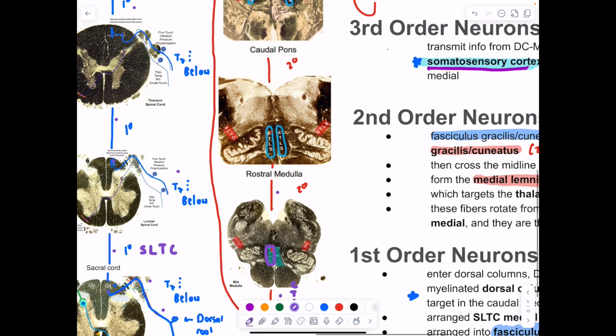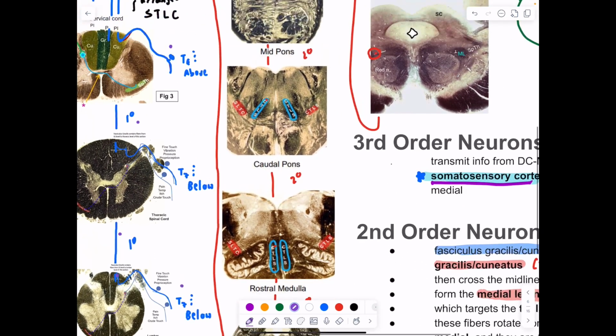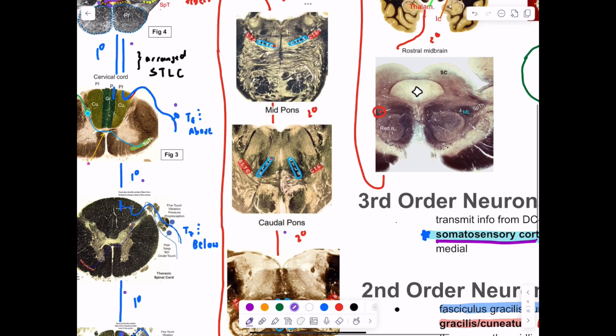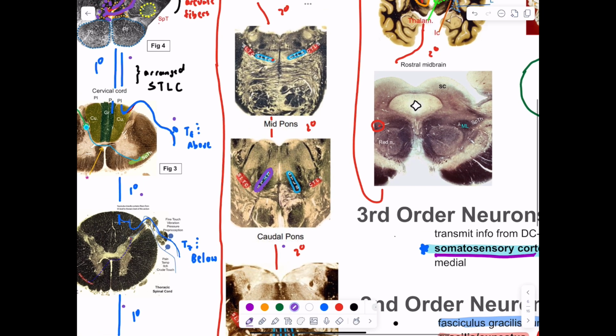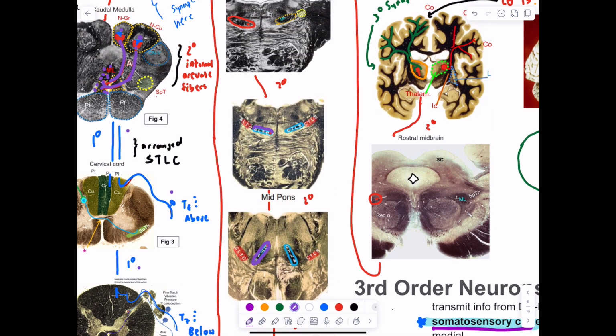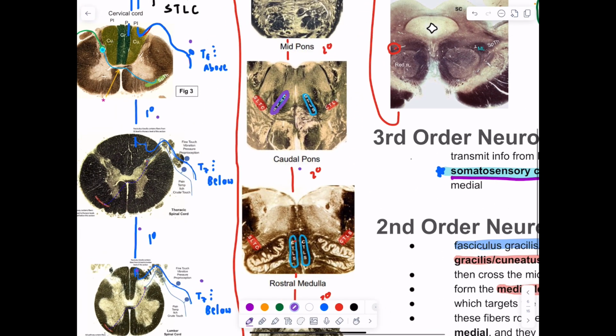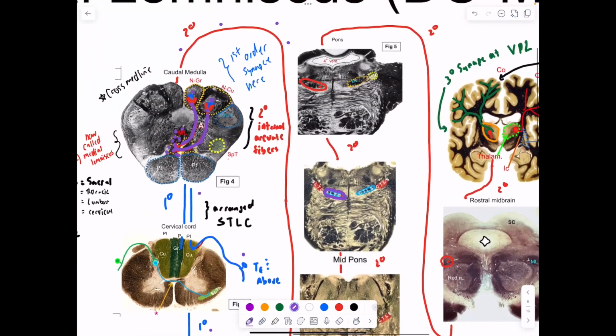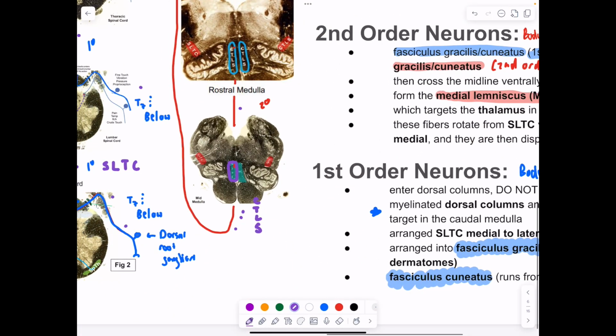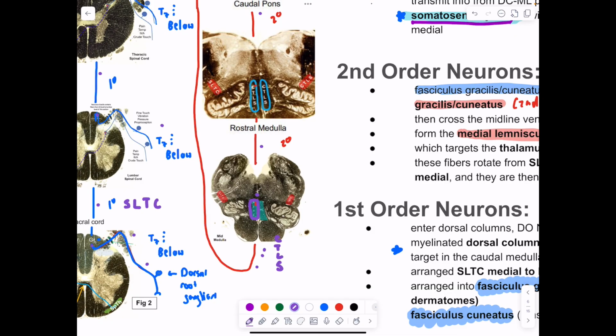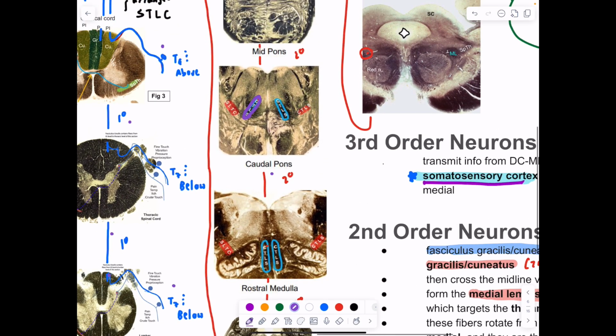All right, second order ascends through the rostral medulla. All right, caudal pons. You can see that we've rotated a little bit. And then mid pons, we've rotated even more. All right, and so you have C is towards the center, whereas out here, cervical was towards the outside, sacral is towards the inside, and then you get down here, C is towards the middle part of the brainstem, and you ascend,